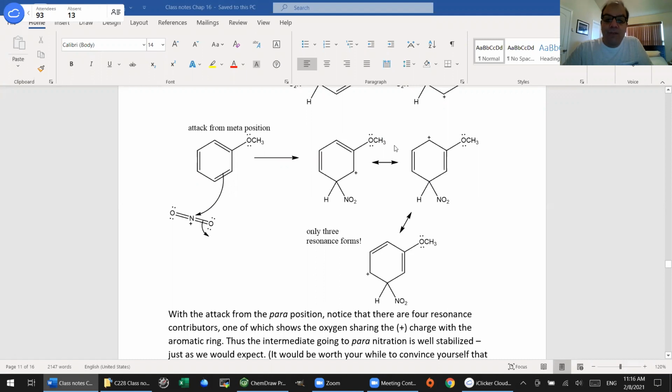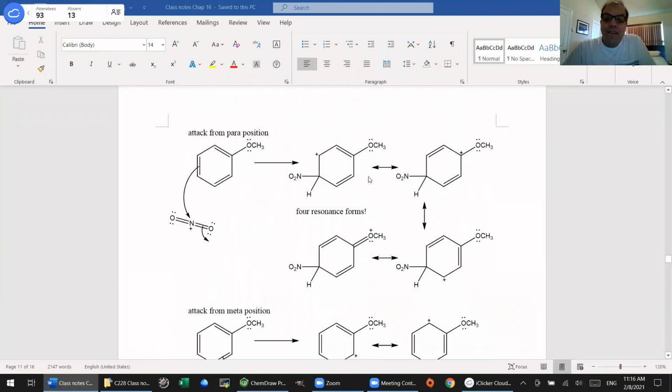We get only 3 resonance forms, and in no case are we putting that plus charge onto this especially well stabilized position, owing to being next to an electron-rich atom. We're putting the plus charge in all of the wrong places, where there's no way we can stabilize it by this electron-rich atom. So yes, you get a resonance stabilized species, but nowhere near as well stabilized as this one,